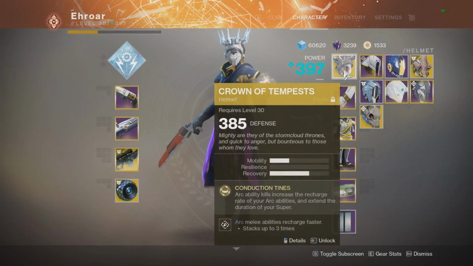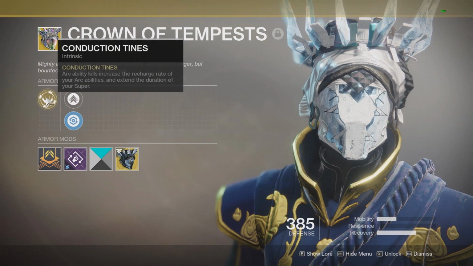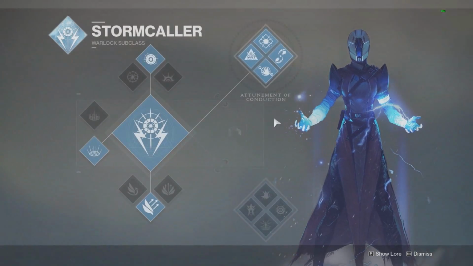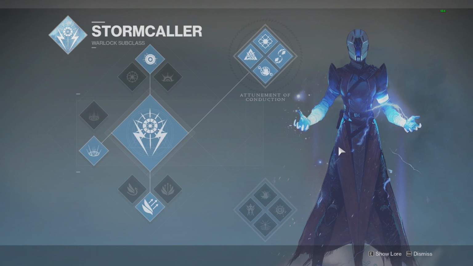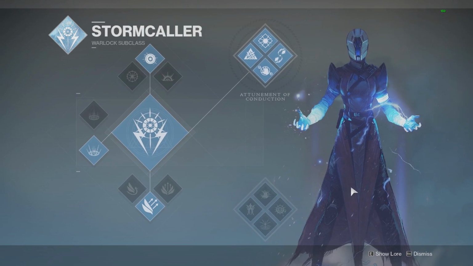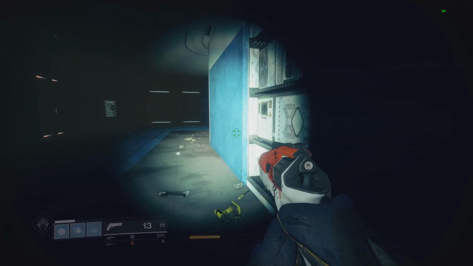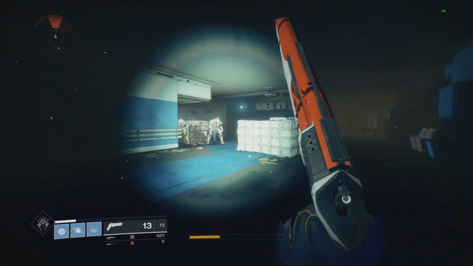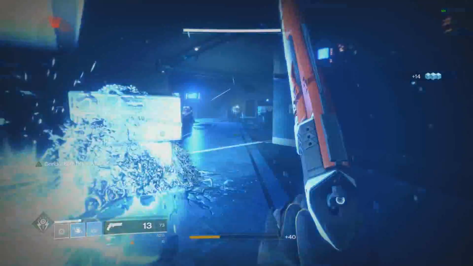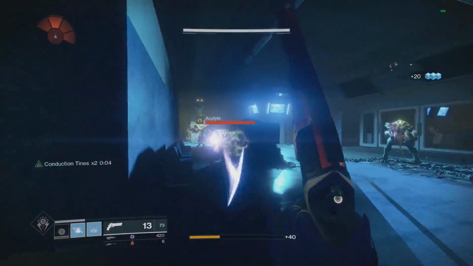Next exotic I want to talk about is Crown of Tempest, the one I'm by far the most excited for. It's the one where arc ability kills increase the recharge rate of your arc abilities, then also arc kills extend the duration of your super. So in the new subtree there's going to be a lot of things I want to talk about how this will work very well with it, and you're still going to have things like Pulse Nade, obviously your charged melee and your Rift. And currently, getting kills with all these things gives you Conduction ×3,